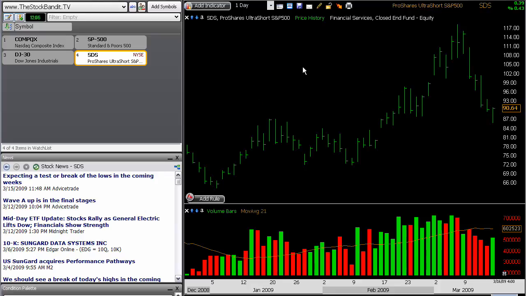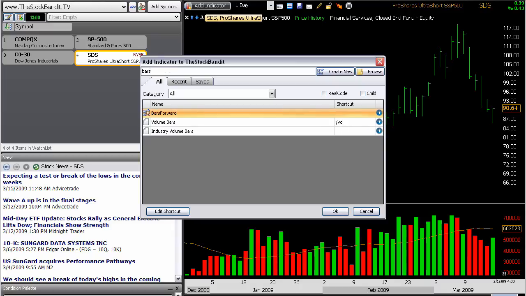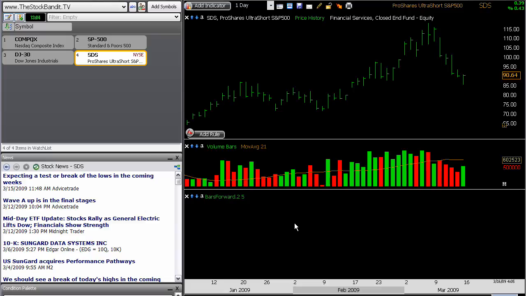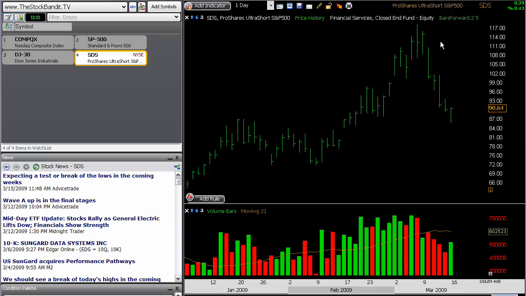Well, instead, you can do something, and you can add this indicator, and it's called Bars Forward here. So I'm just going to select this. I'm going to add it to my chart. And what it does is it throws it in its own pane down here. I'm going to grab this and move it up to the upper pane and let go, and then I'm going to select Overlay. So now I've got this indicator showing in my upper chart window,